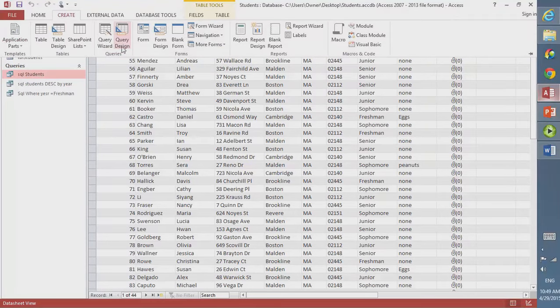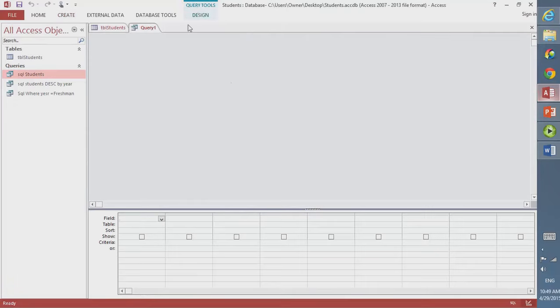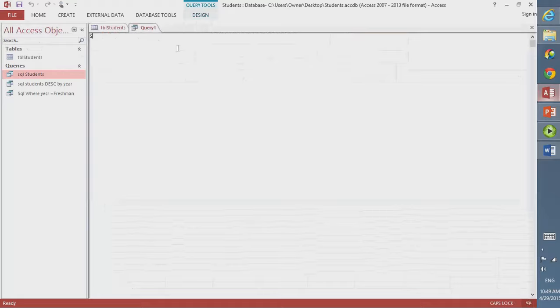Go to create again, query design, close this table, and design, and then data definition. So let's say again, select first name, and year, and then from students table, and then again where. But this time we will specify two where clauses, two conditions. So the first one will be again year equal to freshman,